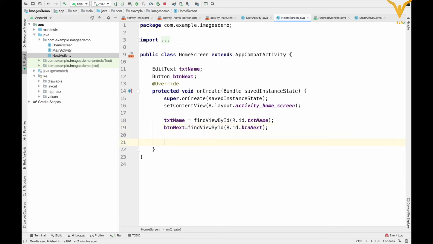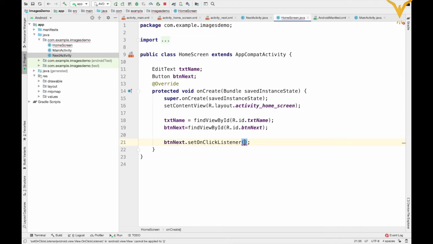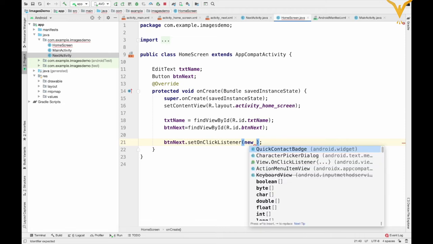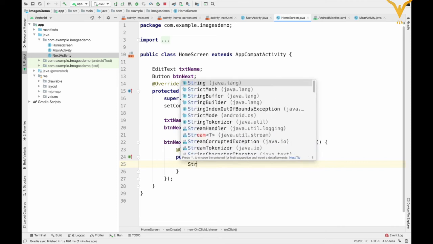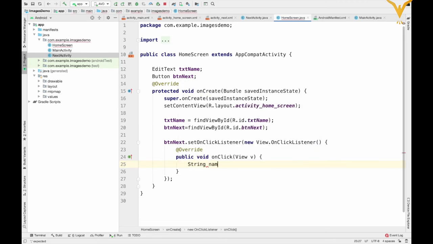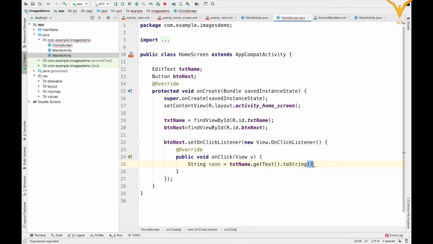Now let's add the click listener. Set on click listener, new view dot on click listener, so it will override the on click method. Here we will create one variable, string name equal to txt name dot get text dot to string.